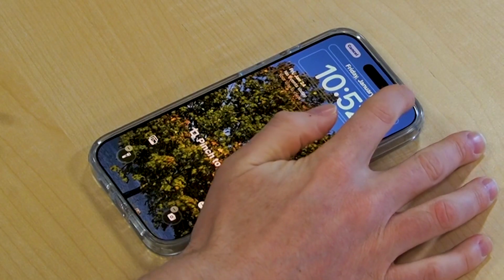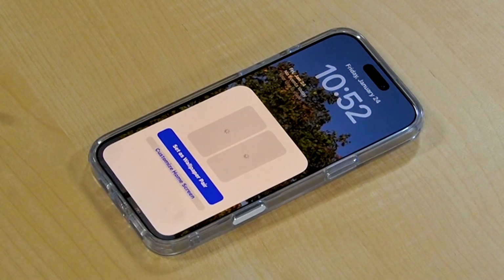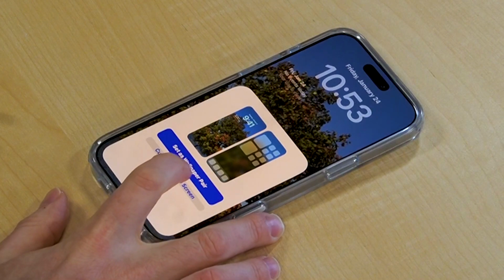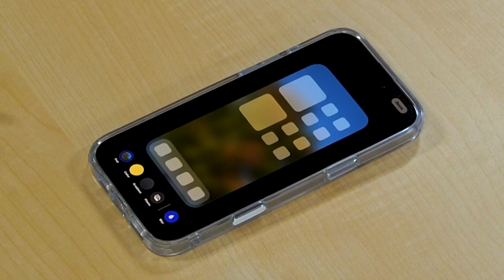I'll hit Add at the top right. And now we can choose whether we want to set this as a pair or if we don't. So if we set it as a pair, this will be the same on the lock screen and on the home screen, but we can have different things on the lock screen and the home screen. That's what I'm going to do for now. So I'm going to hit the Customize Home Screen option toward the bottom, and that will take me through to